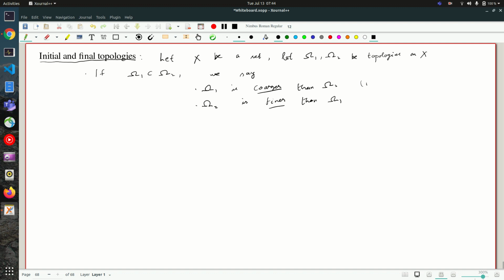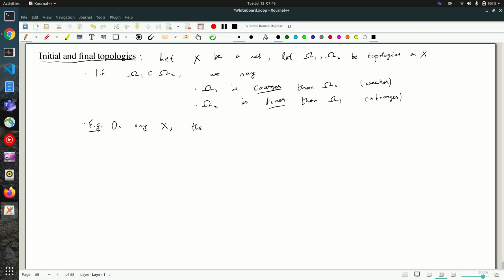The other terms that are used here are weaker and stronger. As you'll see, the terms are kind of confusing. Coarser and finer at least make it so you can imagine what they mean. It's because the role of the topology on the domain and codomain are in some sense opposite, as we will see to some extent in the examples in a few minutes. So which is stronger and which is weaker depends on whether you're thinking of them as topologies on the domain or on the codomain. So let's just note, for example, that on any set X,